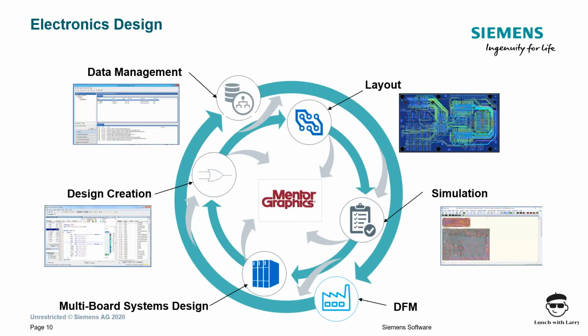Next one is really electronics design, and one of the sessions that we're going to have here in this 3-part session is electrical design, where we're going to show how schematics can be authored, how those schematics get progressed to PCB design, and then how that PCB design progresses into manufacture, how we can do some simulation on the manufacture of that design. And in addition to that, we want to be able to do simulation on the construction of the PCB and manufacturability of the PCB. So there's a whole bunch of topics in and around electrical design, just like mechanical design, where we want to enhance this and drag out some of the details so it's really clear